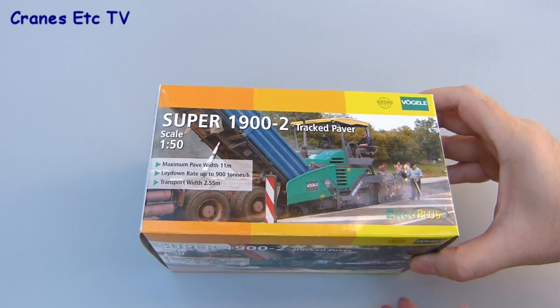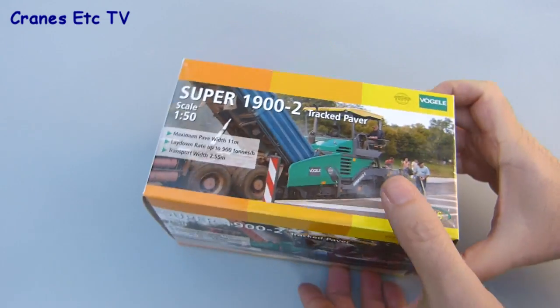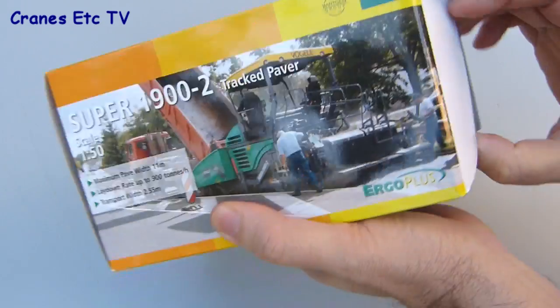This model of a Vögele 1902 tracked paver is in the colours of Jean Lefebvre, which is a subsidiary of the giant French construction company Vinci. The box style is very attractive with a good photo of the machine, and there's a few specification details of